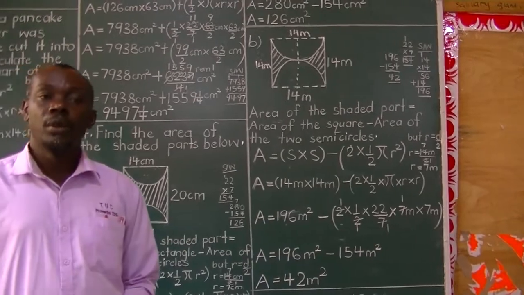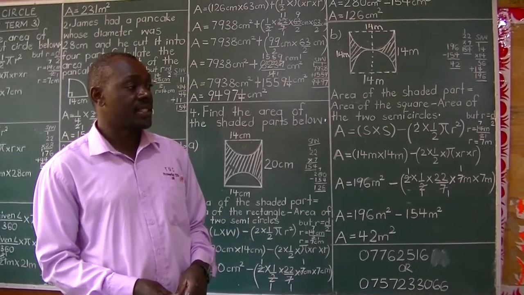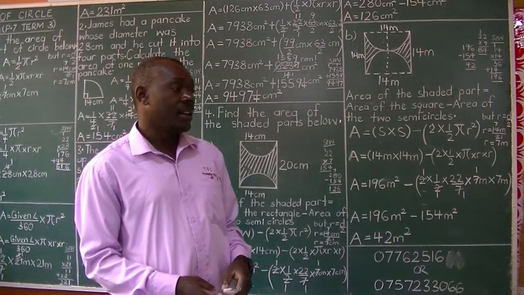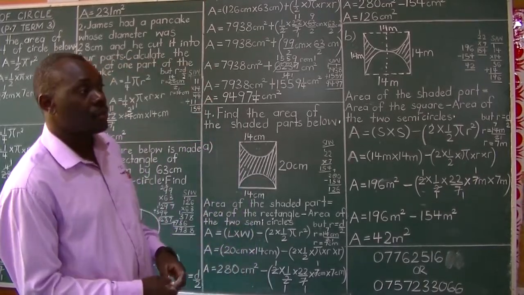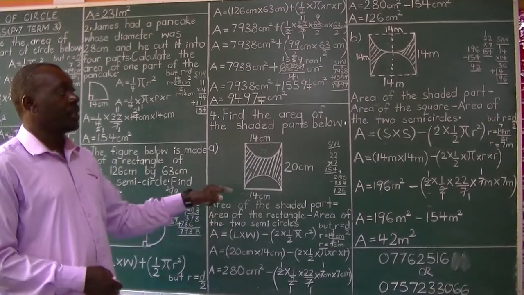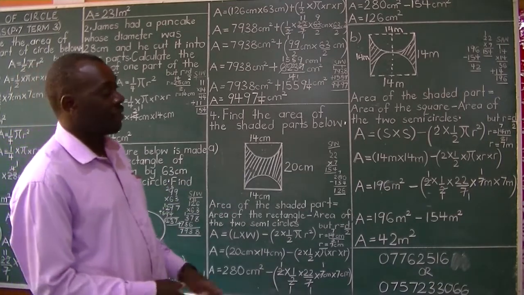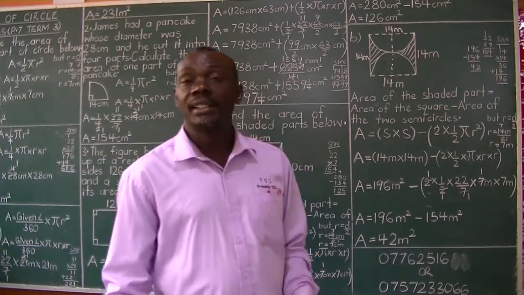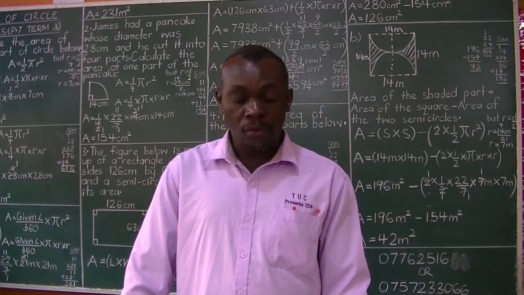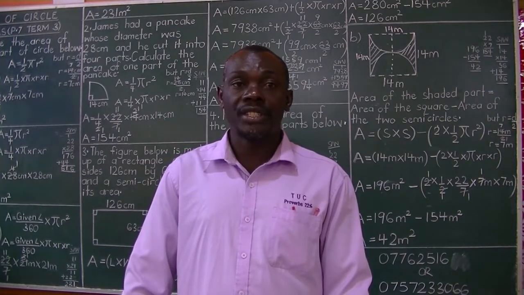In short, we have learned how to find the area of circle sectors, those with names and those without. Then how to find the area of a circle sector attached to another shape, and if it's attached, then it's formed by addition. Then if it's inbuilt, that is built in a particular shape, then the remaining area is formed by subtraction. That is what I've done, and please do like that in your workbooks, Primary 7, Term 3, page 36 all the way to 40.